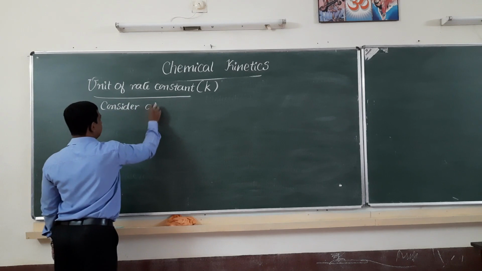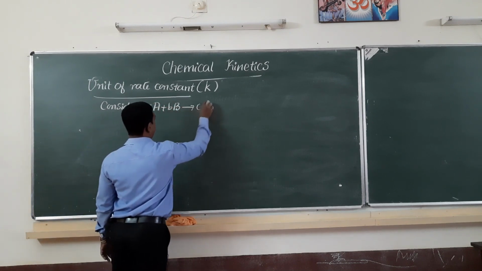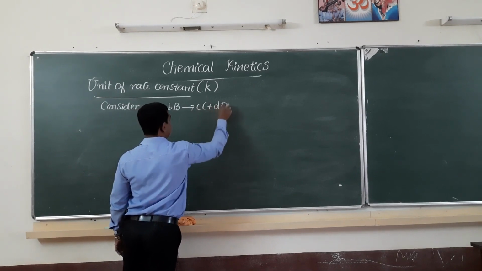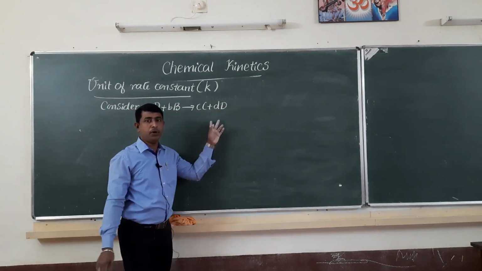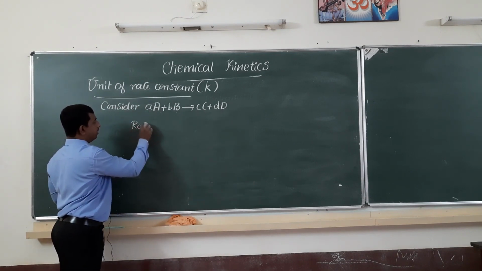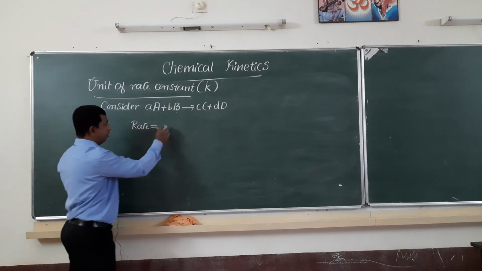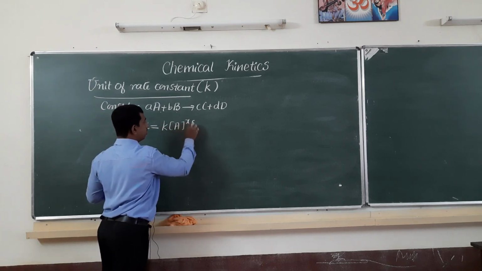a general reaction, same reaction. That is, reactants A and B reacting to produce the products C and D. Rate law for this reaction can be written like this: rate is equal to K into concentration of A power x, concentration of